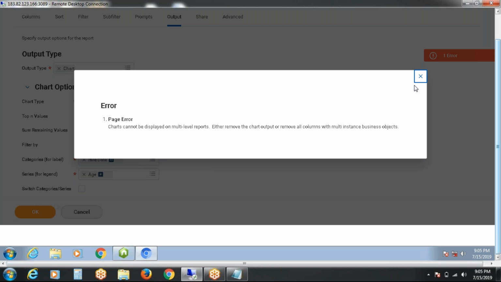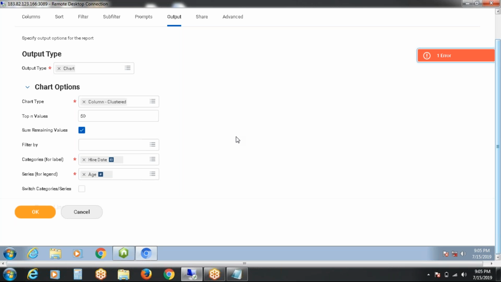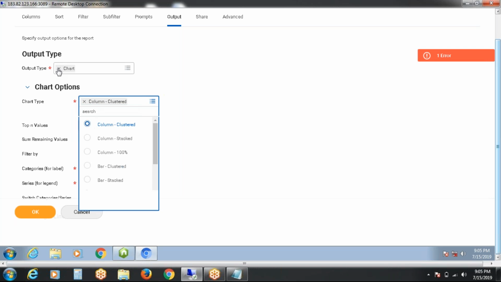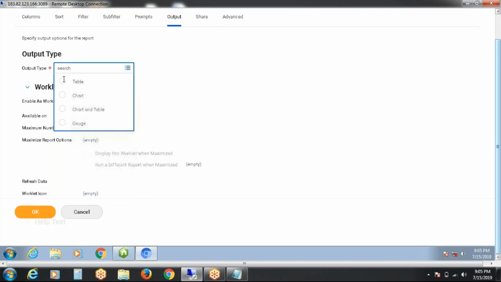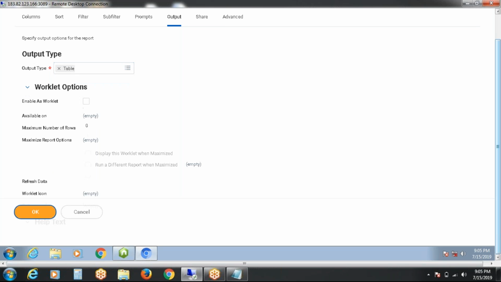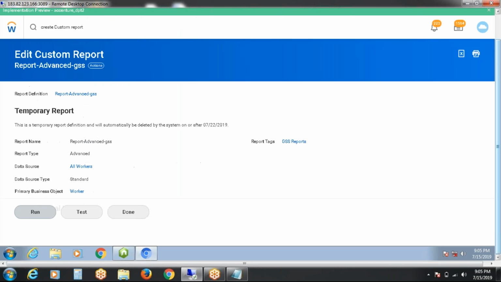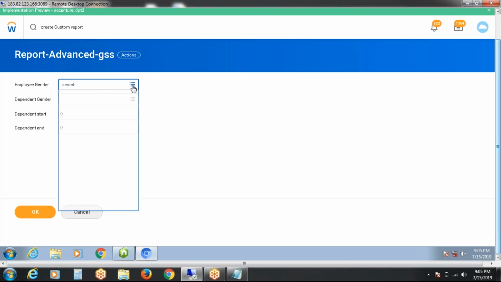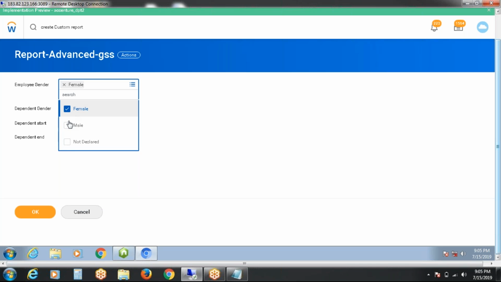It means dependents. So dependents related details, that is a related business object, right? So that's why it is not able to provide the result here. So if I remove those, we will get it accordingly. So now say okay. So run the report.